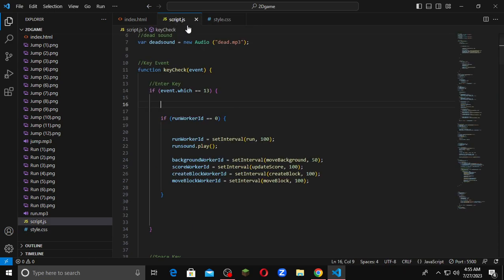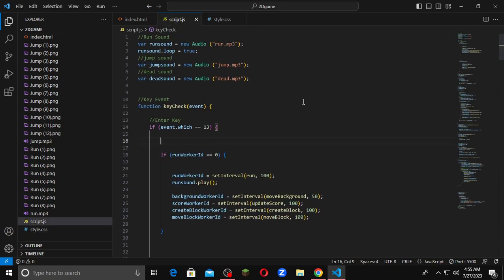And if you go over here to the JavaScript file, you can see on top of here I have added the run sound, the jump sound, and the dead sound. But we started off with the key event, which is the function key event. So I first entered the enter key. So I added the if tag,